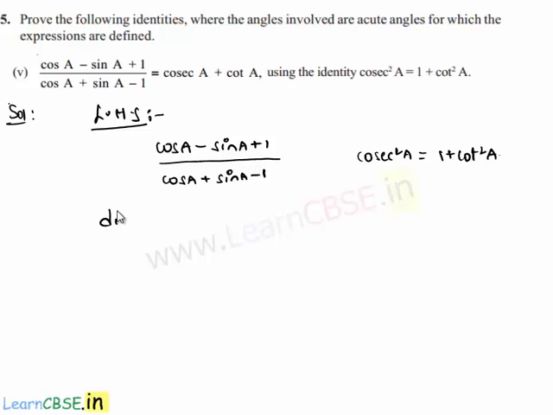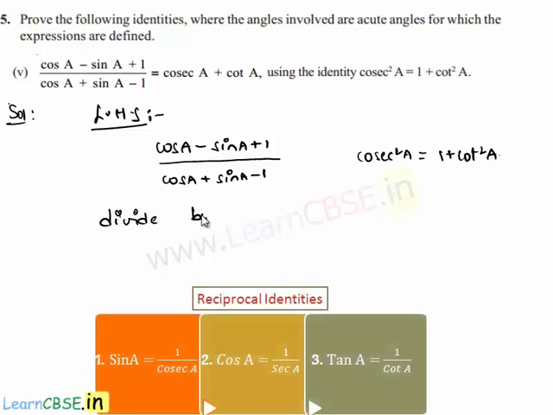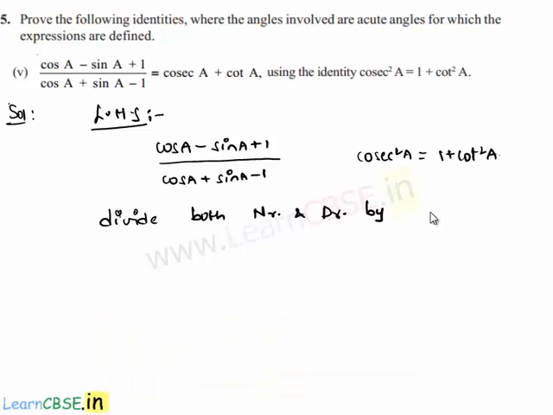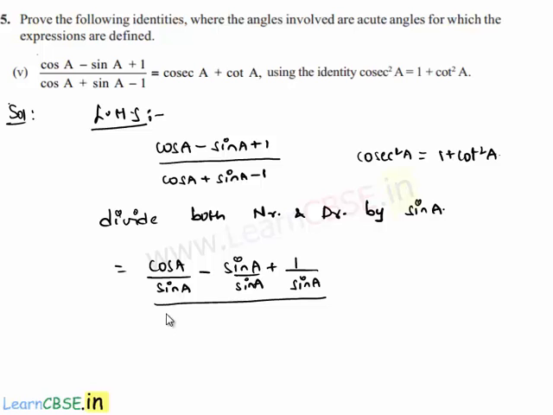in terms of cosec A and cot A. In order to do that, divide both numerator and denominator by sin A. Then we get the expression as (cos A/sin A − sin A/sin A + 1/sin A) divided by (cos A/sin A + sin A/sin A − 1/sin A), which is equal to